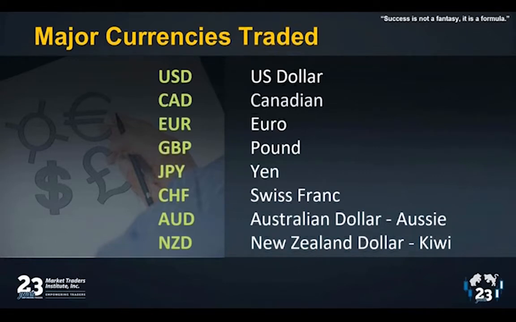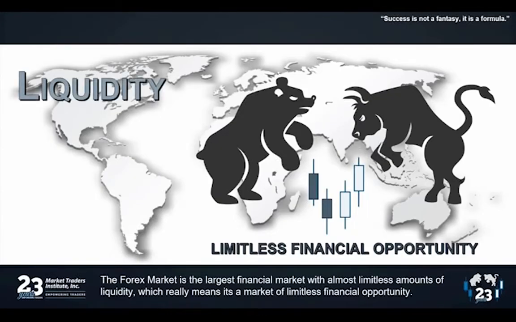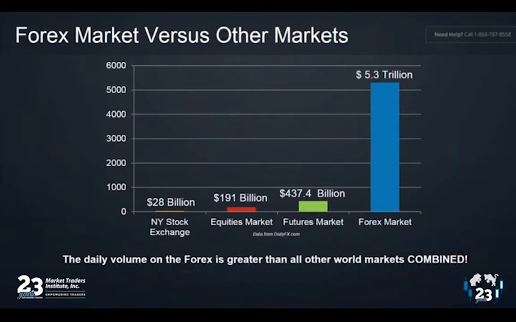Now, there's 4 major reasons that people really like to trade the Forex market. One of them is liquidity. What liquidity means is that you can get in and out of the market 24 hours a day, literally at a second's notice. There's always buyers and there's always sellers. So you never get stuck holding on to an investment over time. You can get in and you can get out very, very quickly. Next reason is size, okay? The Forex market does $5.3 trillion worth of volume each day.